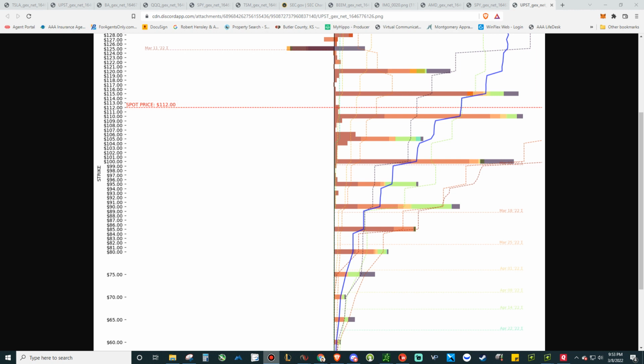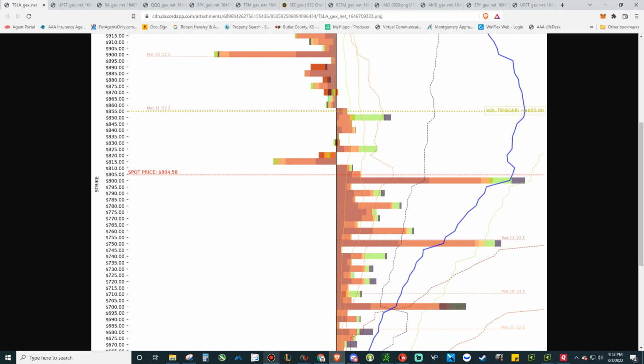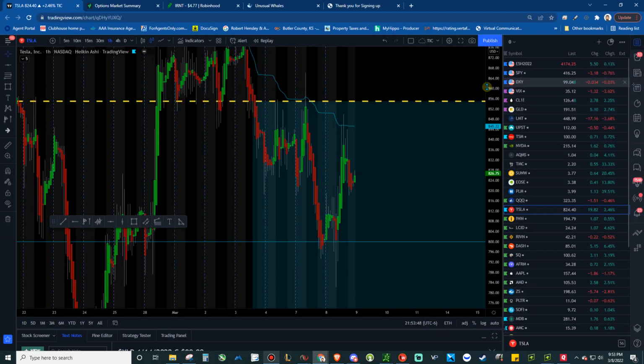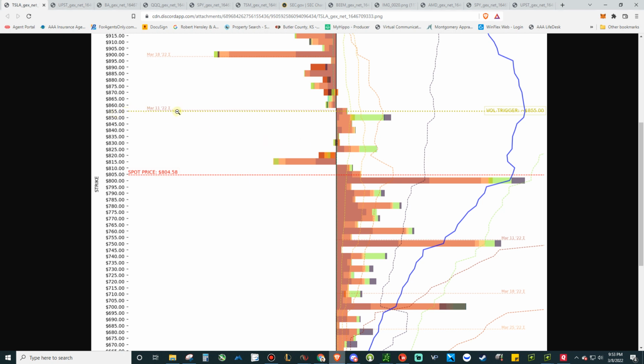So we were talking about Tesla, just because Tesla is such a great stock to trade. So here is Tesla as far as what we were looking at yesterday, and I'll pull up a new one in just a sec to show you how it's changed. Actually, let me go do that right now. But what we said yesterday was that Tesla was opening below the volatility trigger. Okay, so here's the chart that we set up using the GEX chart, using the expected range,